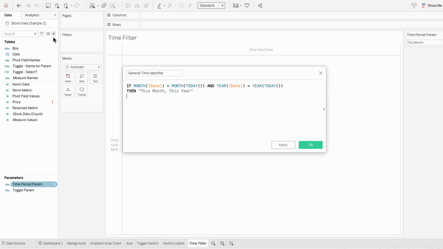The next time period I want to categorize is this year. So I'll say if the year of the date equals the year of today, then this year. And lastly, I want to check for last year. So I'll say if the year of the date equals the year of today minus 1, then last year. So now that we have these general time periods categorized, I also want to do a specific